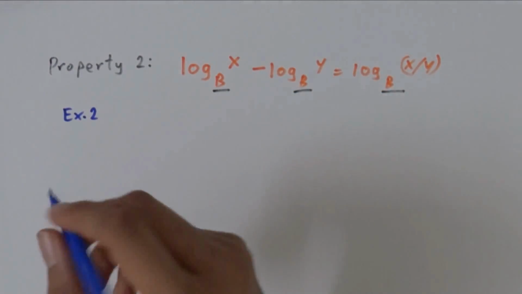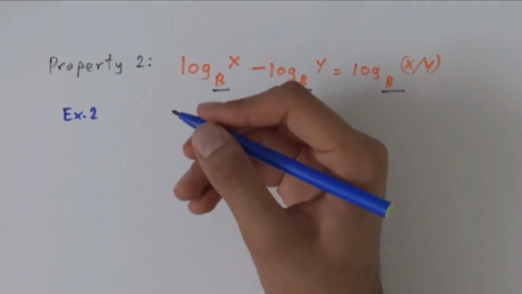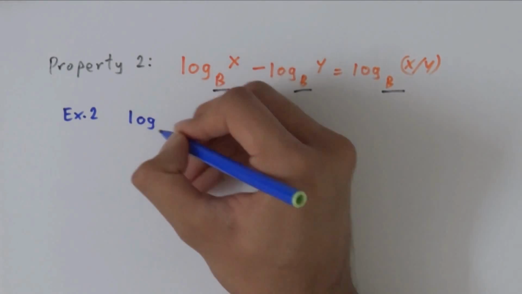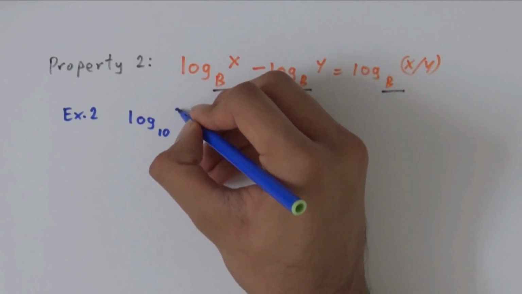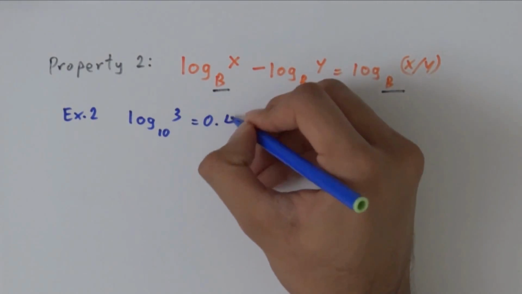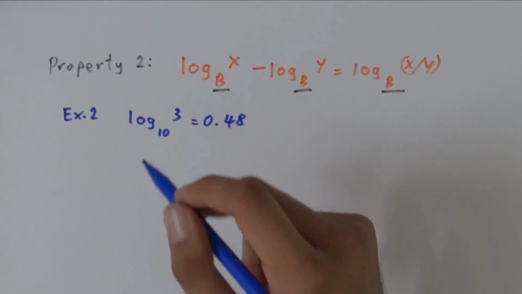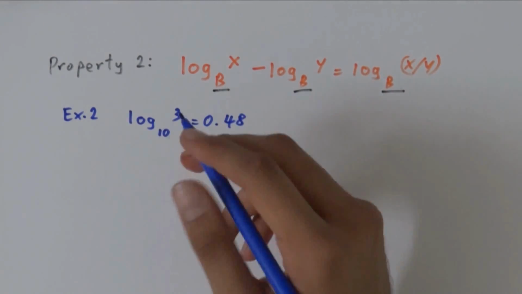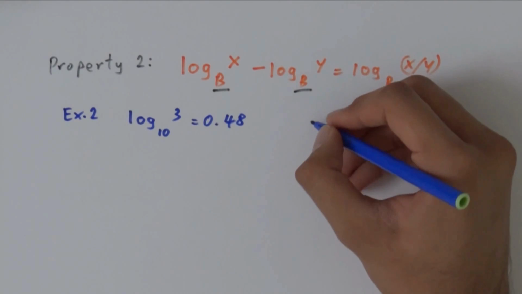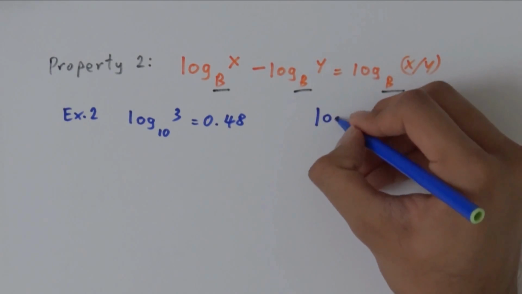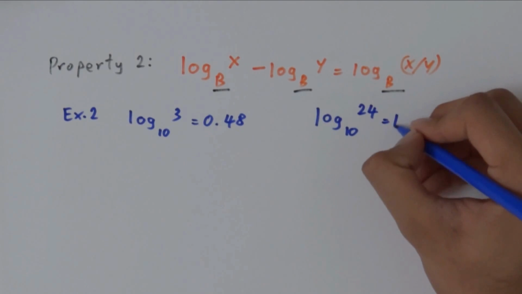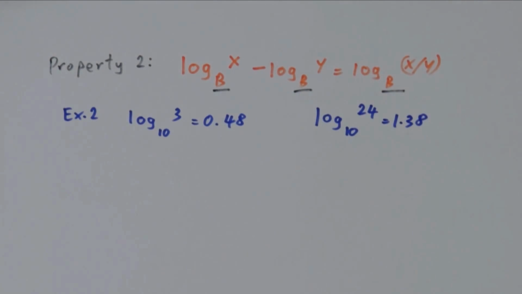Example 2. Alright, we have been given two values. Log base 10 of 3 is equal to 0.48. Log base 10 is the common log, and if you don't write 10, it still means that the log has a base of 10. And log base 10 of 24 is equal to 1.38. And we are supposed to find the value of